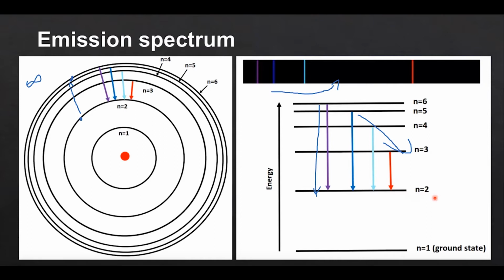It will not come back. Usually it will come back. For example, it will go from here and then to here, and then when it comes back down again, it releases a photon. Now when it releases a photon, you can see light and it becomes excited. But if it reaches the limit of convergence, it will never come back down. It will just fly off as